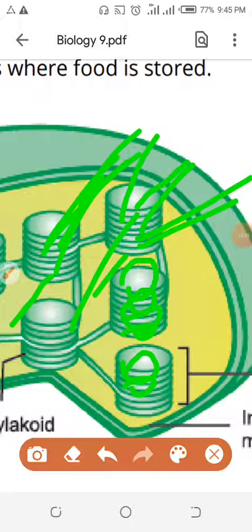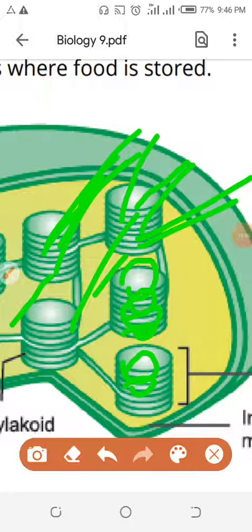I will tell you one by one all the structure of the chloroplast. I am just interested in the plates which you are watching. These are stacked upon each other. Stacked means they are present upon each other, folded upon each other. One present, second present, third, fourth, fifth, sixth, seventh, and they are just folded upon each other, and they are present in such a fashion that they are increasing surface area.